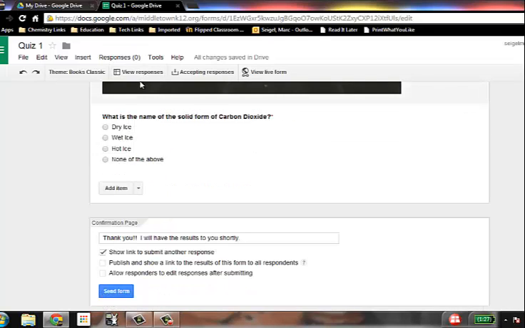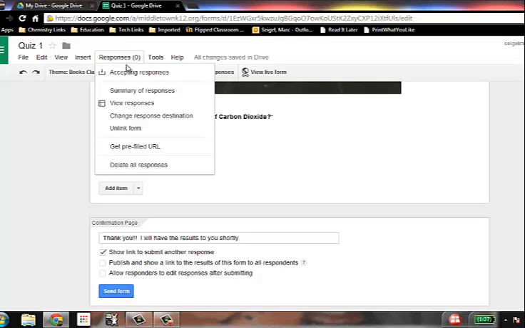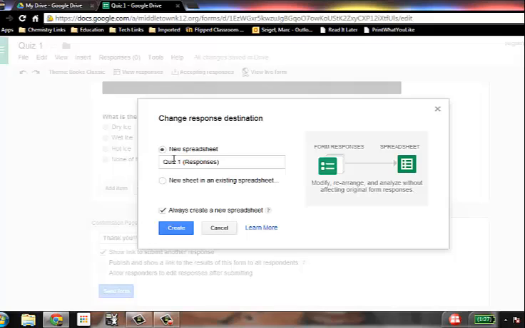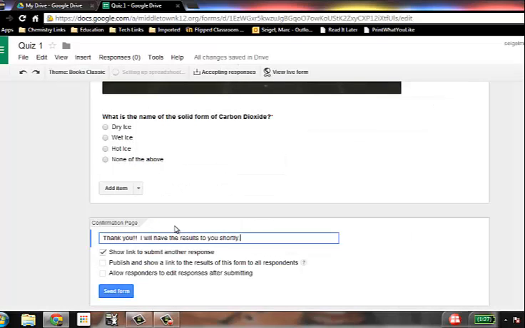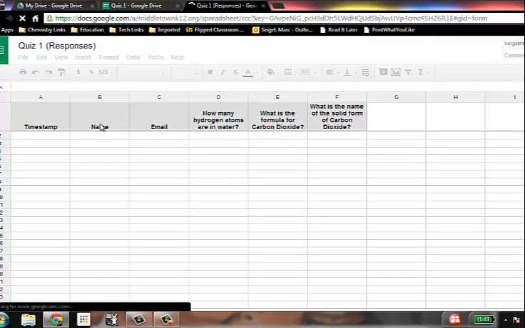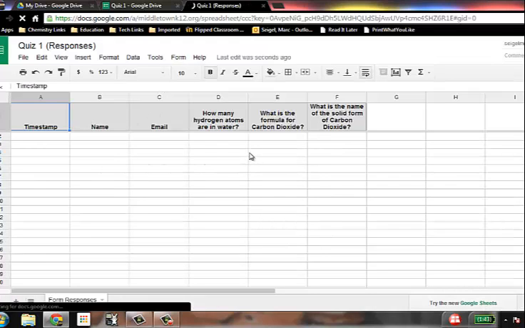Okay, so I want to see where the responses are going. So when you first create a form for the very first time, it might not have the spreadsheet ready. For some reason, mine made a spreadsheet already. So I'm going to click this responses button. And you can see that I'm going to change my response destination. So I'm going to create a new spreadsheet, and my new spreadsheet is going to be called Quiz 1 Responses. And I'm going to click Create. And you can see it's loading right here, and now it's good to go. So now if I click View Responses, you can see here's my timestamp, name, email, etc., and here are the